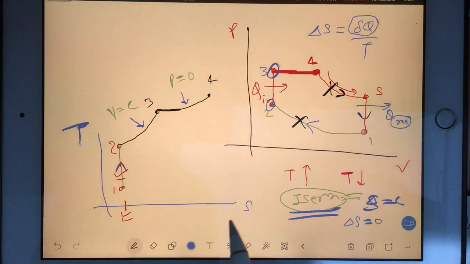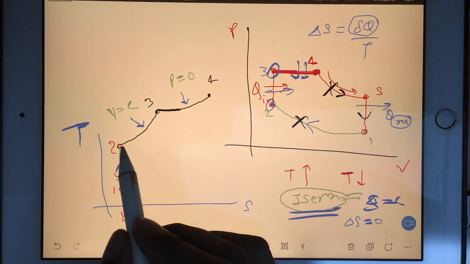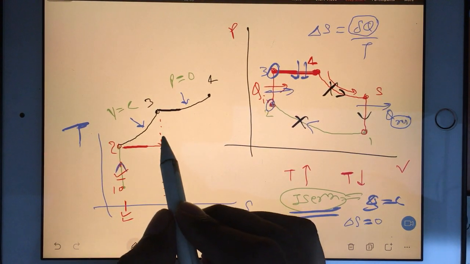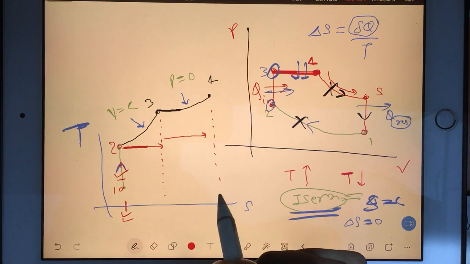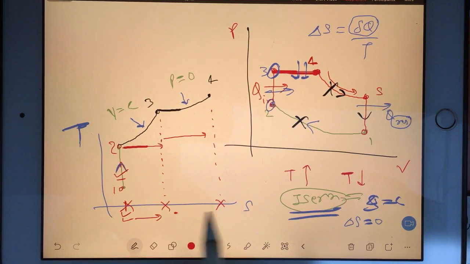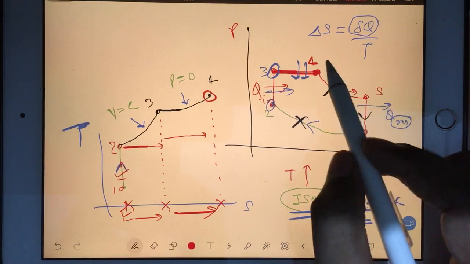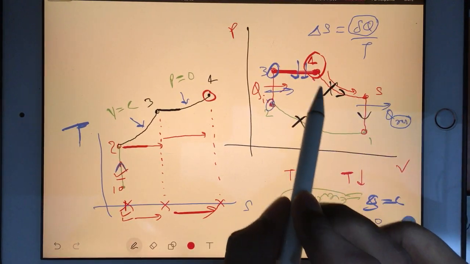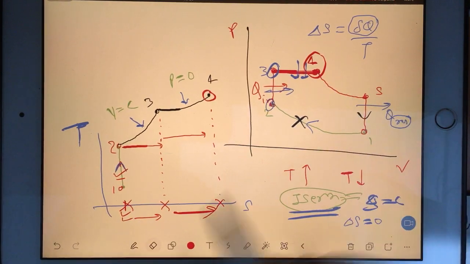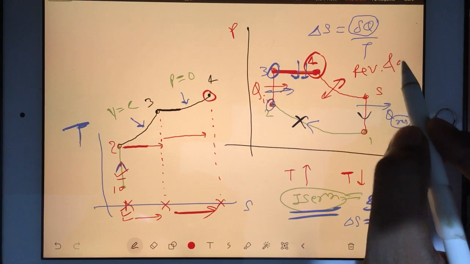You can see in both situations heat is being supplied. That's why your entropy is increasing in this direction till here, and then again your entropy is increasing from here to here. So whatever entropy was here, the same entropy is not available. Entropy is increasing, you can see. Okay, after this, when you are reaching 4, then 4 to 5 you are saying that it is adiabatic and reversible. You are saying it is reversible also and adiabatic also.